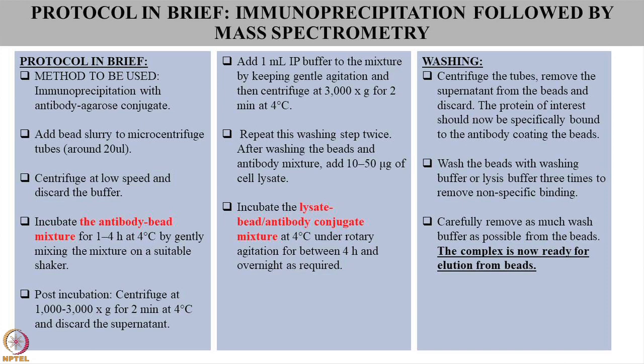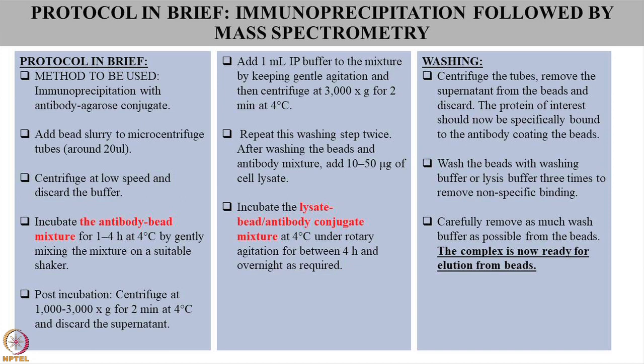And then you will centrifuge to get rid of anything that is not bound. So unbound things we will get rid of. And then you will wash the mixture using IP wash buffer. So basically it's Tris, NaCl and all those buffers that will keep your protein intact. At any point you must remember that for this to be successful, you should not disrupt the interaction. So in all your steps you need to be very gentle. You should not use a very harsh chemical like urea or anything that can denature your protein or even disrupt your interaction. That's something you should keep in mind.